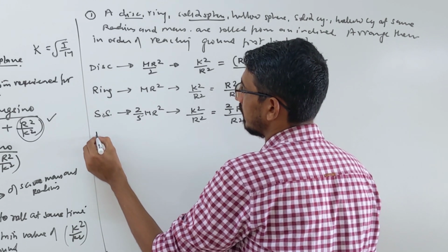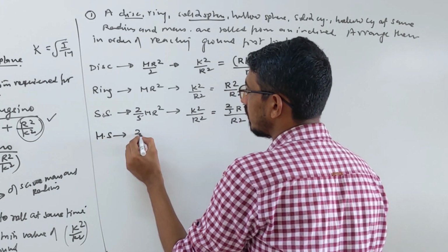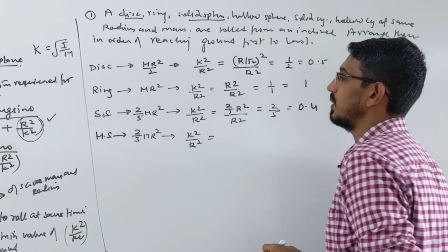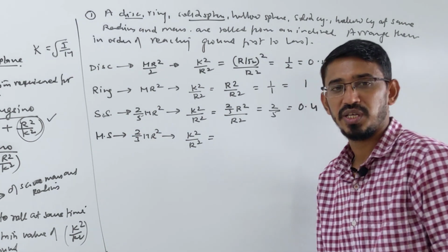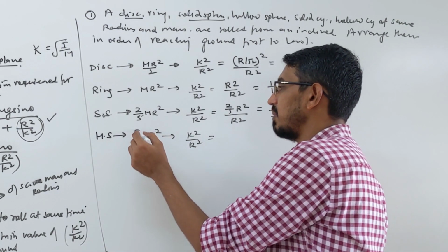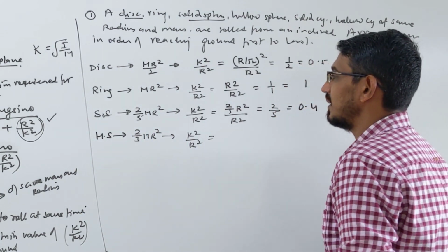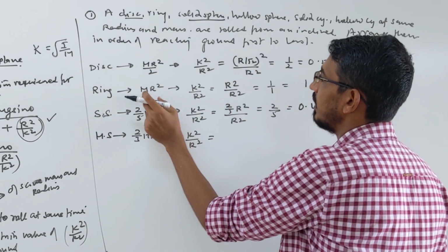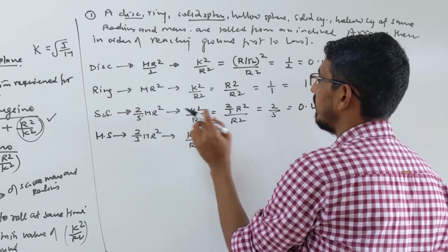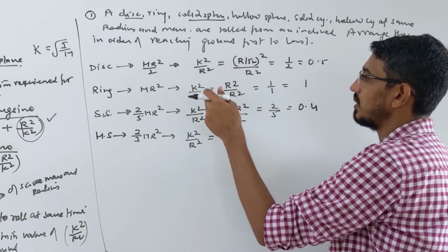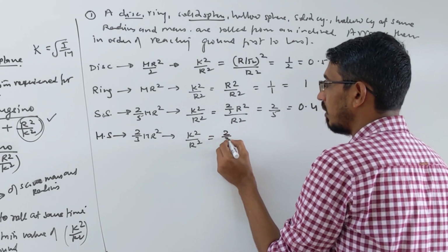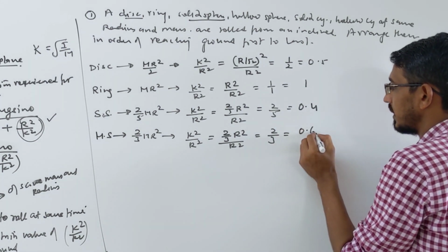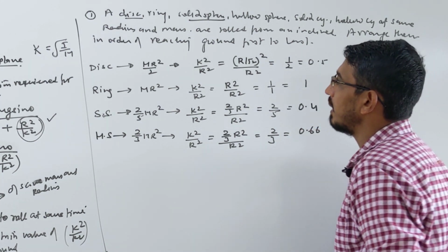Then next is hollow sphere. Hollow sphere inertia is 2 by 3 of mr square. Means your k square by r square term for this will be how much? So k square means this term only. Suppose you need k square, always directly leaving mass, the remaining term is your k square actually. Here it is r square by 2, that's simply k square. Here it is r square. Here it is 2 by 5 of r square. That's k square. Here we need k square in this formula. So 2 by 3 of r square by r square becomes 2 by 3, which is 0.66 something. Okay, hollow sphere done.